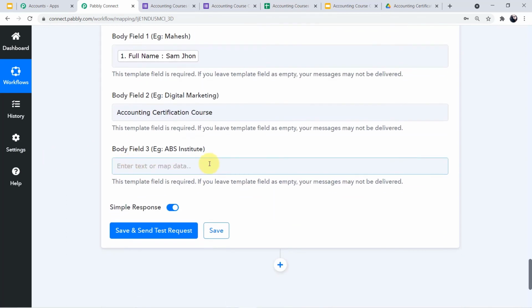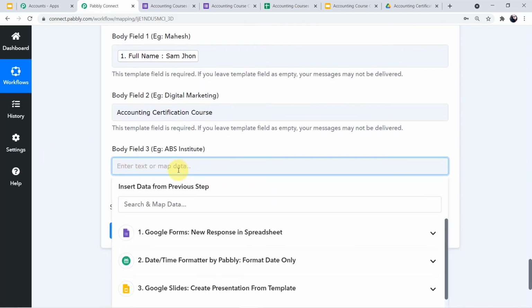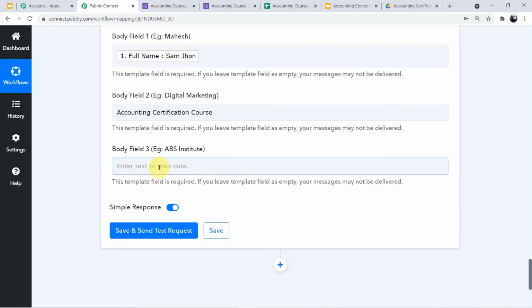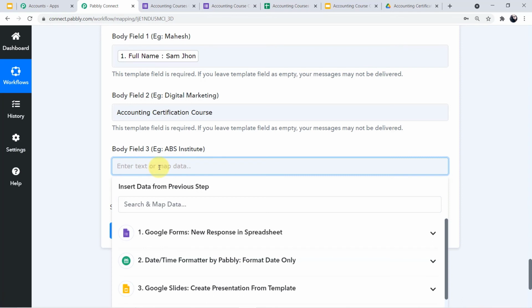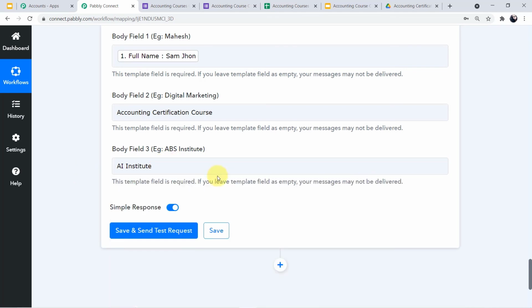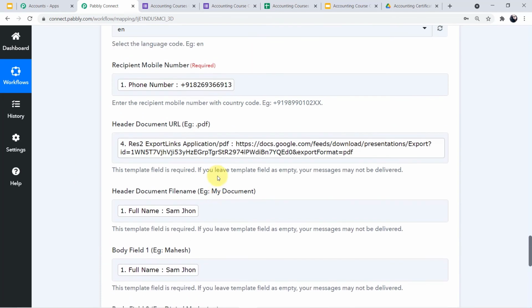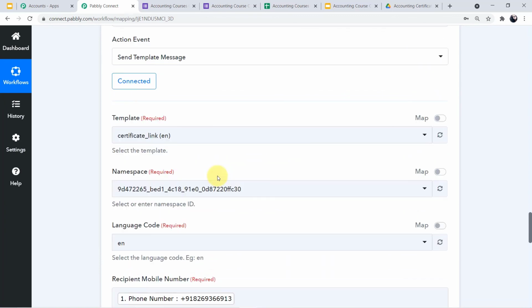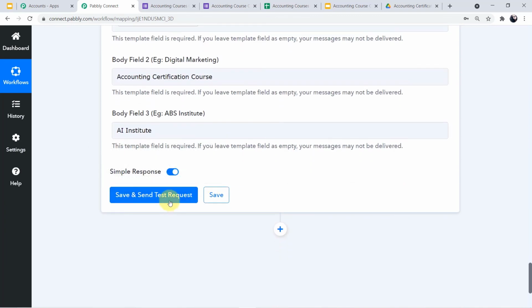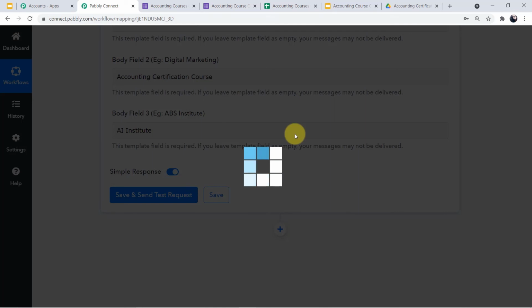Now in the body field 3, our institute name, let's say my institute name is AI Institute. Okay, so this is my institute name and I have successfully filled all of the fields here. You can see. Now I'll click on save and send test request and we will see the responses.